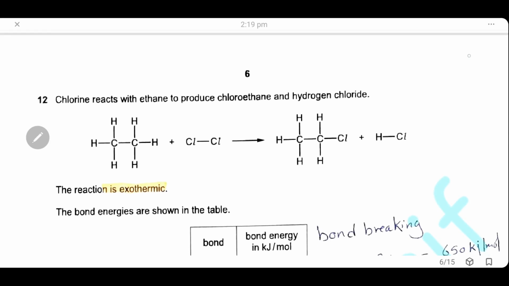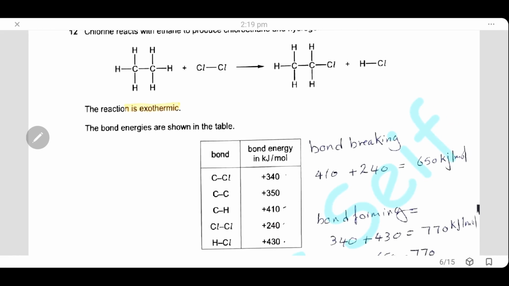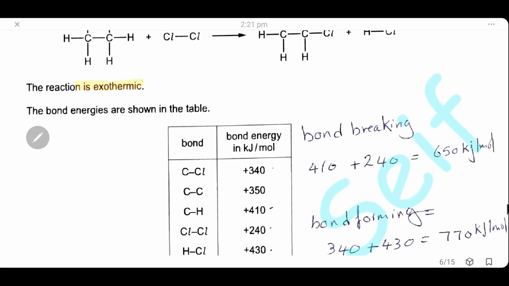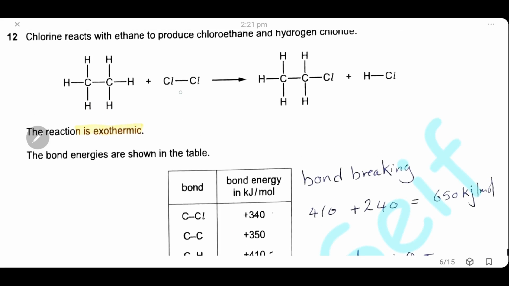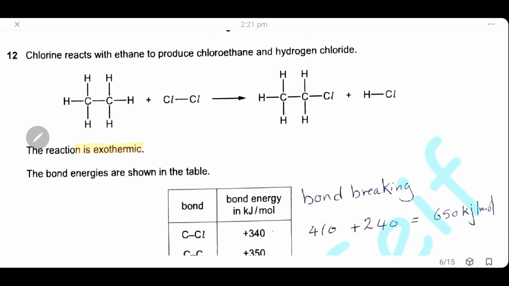Question 12. Chlorine reacts with ethene to produce chloroethane and hydrogen chloride. This reaction is exothermic and the bond energies are shown in the table. As you can see, first we will calculate the bond breaking. We have 1 C-H and Cl-Cl bond. So the bond breaking energy is 650 kilojoule per mole, and the bond forming